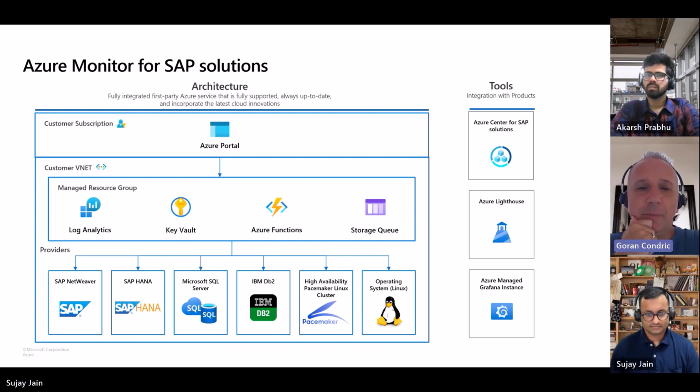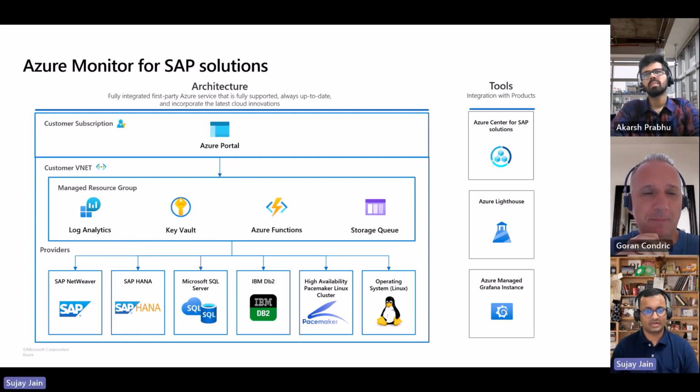Yeah. So Jay, maybe you will mention it, but I remember from the first version of the AMS, there was no Azure Function. There was some kind of VM which needed to be up and running, used to collect data, a single point of failure, high availability solution. So yeah, this is now an Azure Function, native PaaS, native HA there, a much simpler way to set it up. From a technology perspective, there is a change and improvement here.